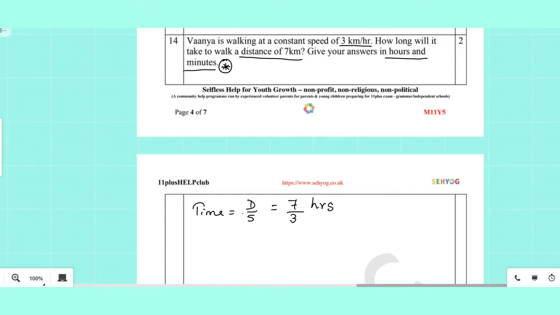hours. Now, we will first divide 7 by 3 and acquire the mixed fraction form. So, 3 times 2 is 6, 1 is remainder. So, 2 whole number, 1 over 3. So, 2 whole number means 2 hours. And 1 over 3 fraction stands for a fraction of the hour. So, to find it in minutes, we will multiply with 60. 60 divided by 3, or 1/3 of 60, is equal to 20. So, 20 minutes. 2 hours and 20 minutes is our